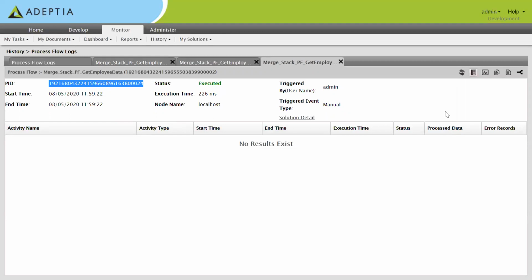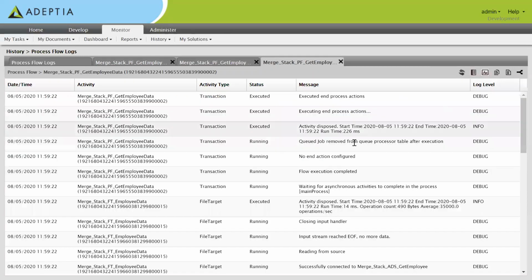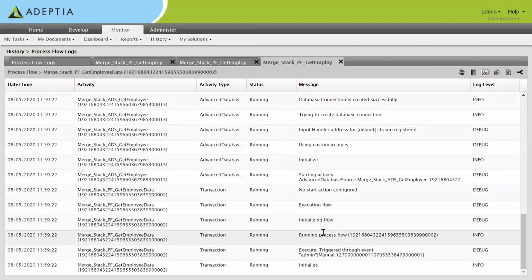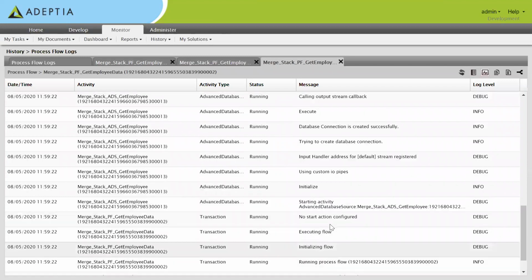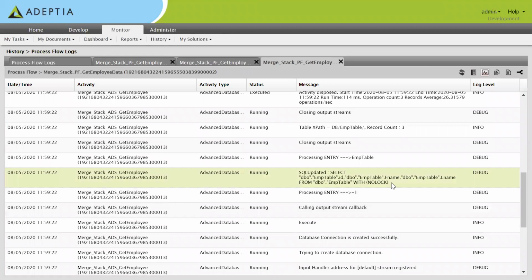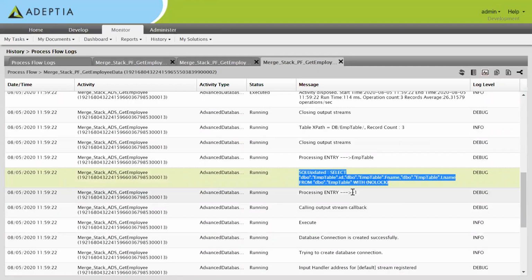Okay, so there are a few options here. You can see this is a diagnostic log. It will show exactly how much time each activity took, from where it started, I mean the order of activity execution. So you can see there was an advanced database source activity, right?